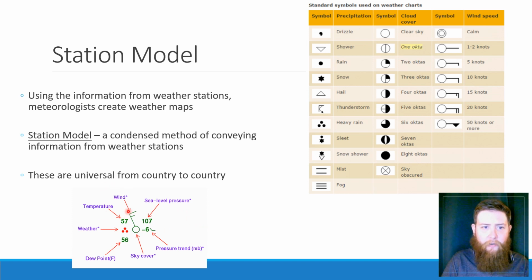The direction of the wind here is significant. These little flags tell you how fast it's going. And the symbols that we use on these are over here. For example, this one has an open circle. That means that is a clear sky there. It has this little flag here with one little one and one big one. That means that the wind is going at 15 knots and is going in the northwestern direction because it's pointing in that direction.